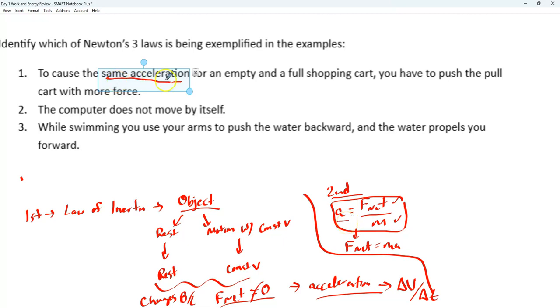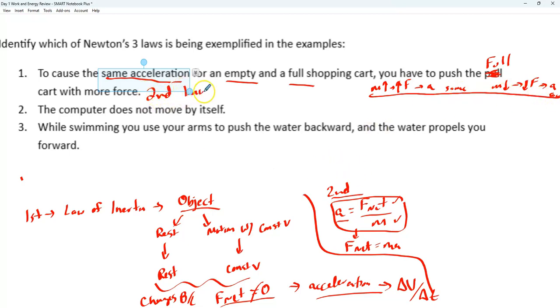So to get the same acceleration for an empty and a full shopping cart, so we have a full shopping cart and an empty shopping cart, you have to push the full shopping cart with more force. So the more you push, or if the mass increases, you have to increase the force to keep the same. And if the mass is less, you don't have to push as much, so the force is smaller, and you get the same acceleration. So obviously, this is all dealing with F equals ma,